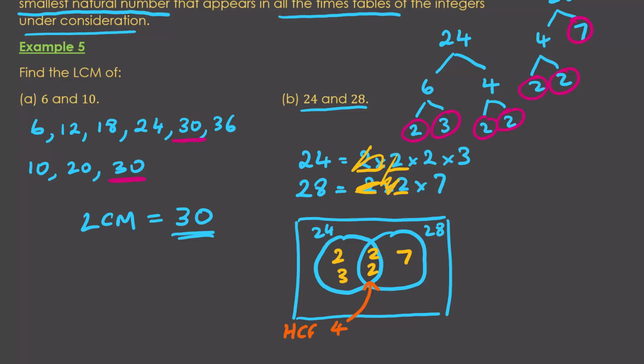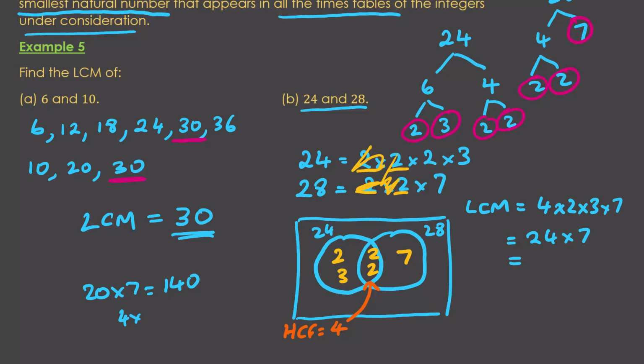That's the highest common factor, but we're after the lowest common multiple. And what we do to get that is we multiply all of these yellow numbers together. So, well, we already know the middle is 4, and then we're going to times that by 2, times 3, and by 7. So 4 times 2 is 8, times 3 is 24, so it's 24 times 7. So 20 times 7 is 140, and 4 times 7 is 28, giving us